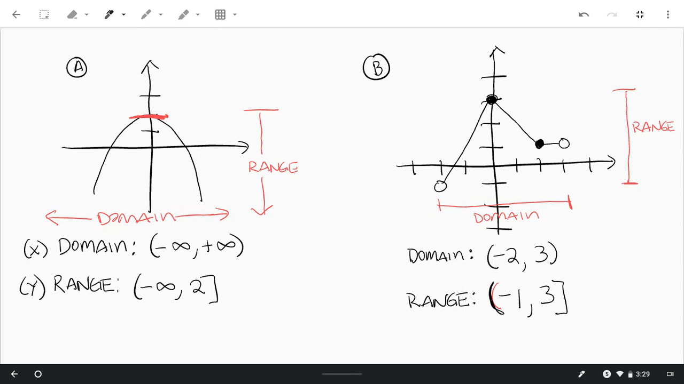Okay. All right. So again, you're looking at the graph and you're checking to see, okay, well, what x values are being used? That's your domain. And what y values are being used? That's going to be your range. Okay. So x values for domain, y values for your range. Okay, so